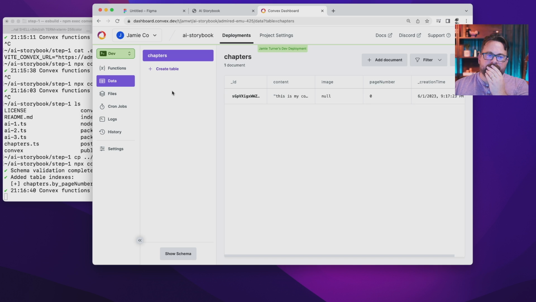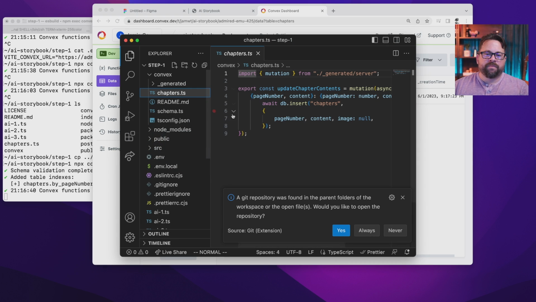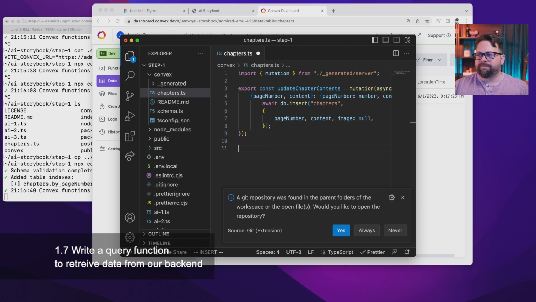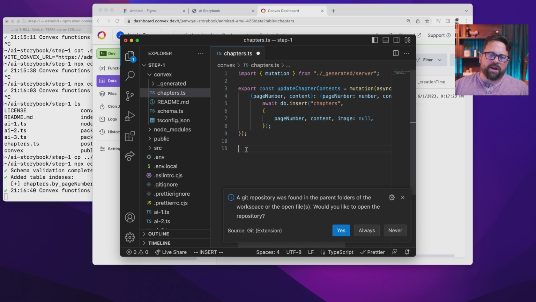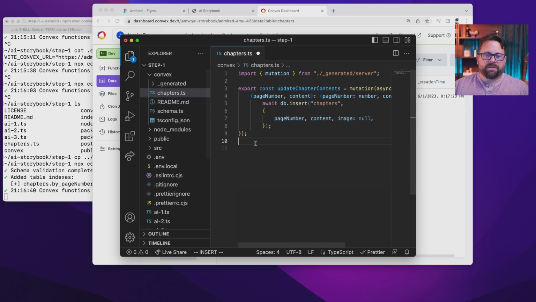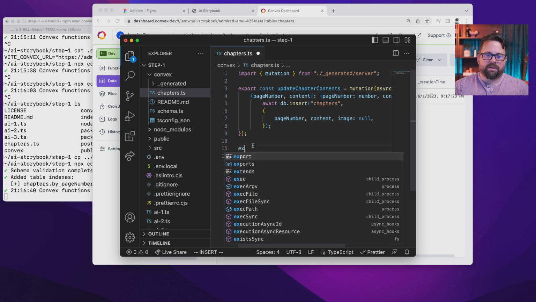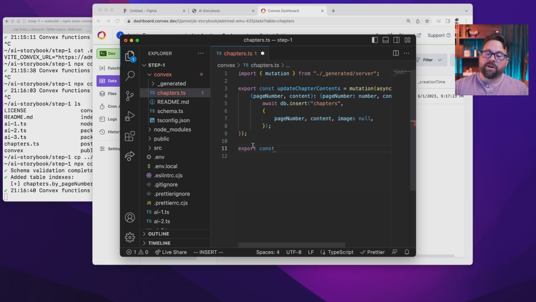Cool. Okay. Great. So we are inserting data into our backend. Now, let's query data. So let's do something like, let's call it getBookState to grab all of the pages out of the book. Let's ignore the Git repository for now. So export const, we're exporting this time, getBookState